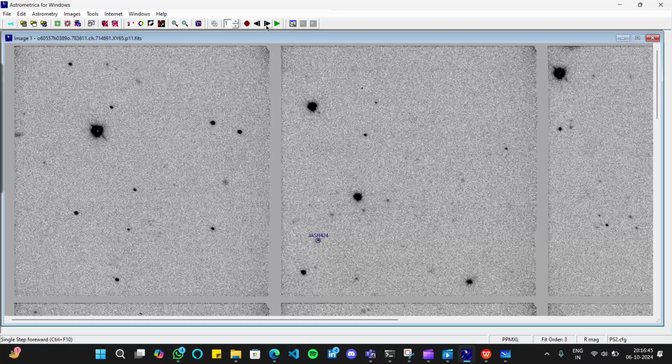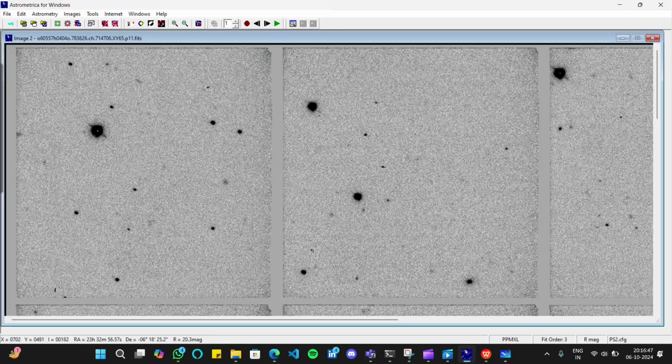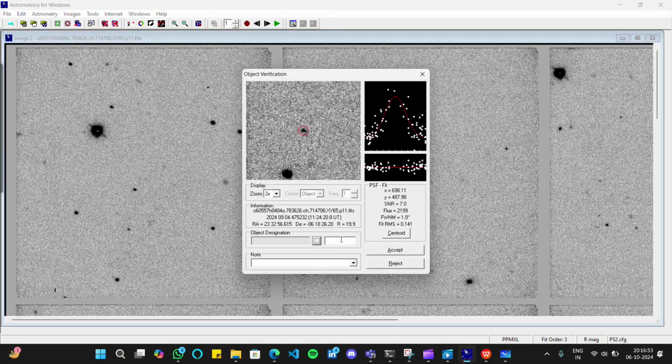Sometimes some of your images look well clustered, and one might not have a good cluster. Like here, a good cluster is there, so no need to worry about it. That moving object is an asteroid, so no need to worry. Write Jash 424 and hit accept.